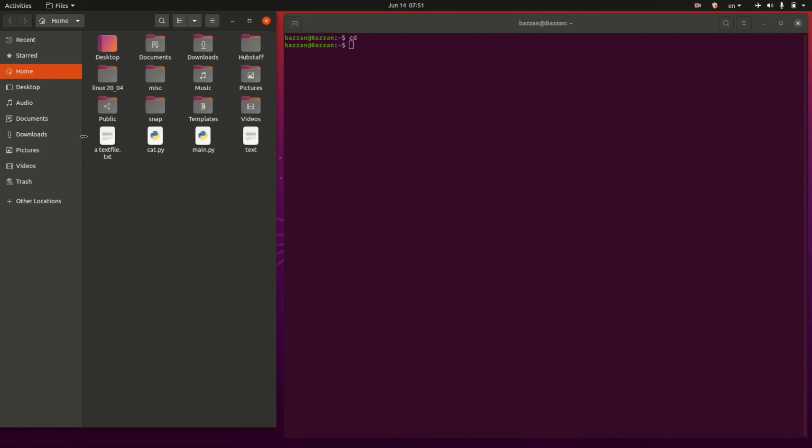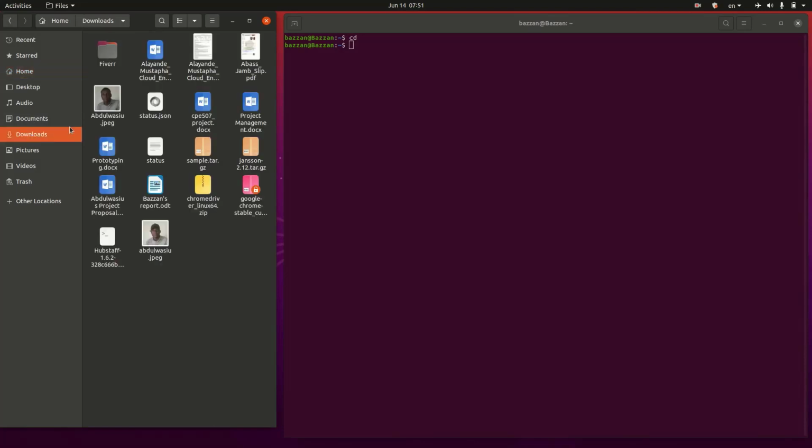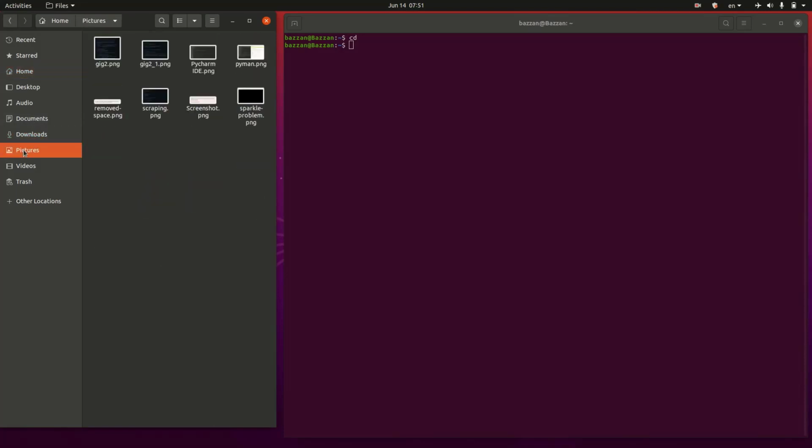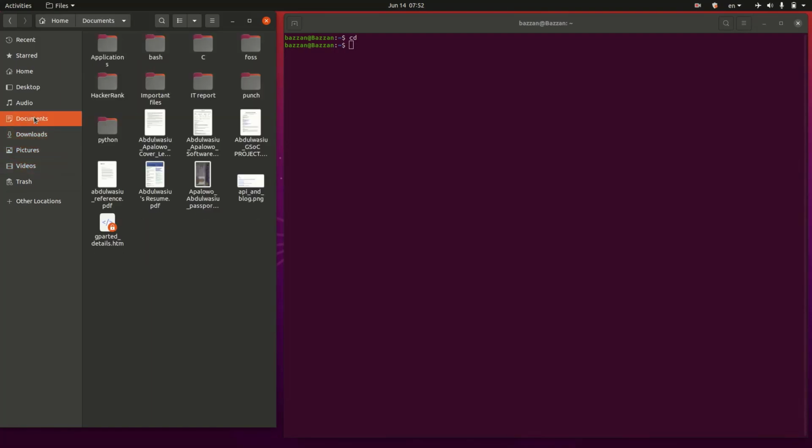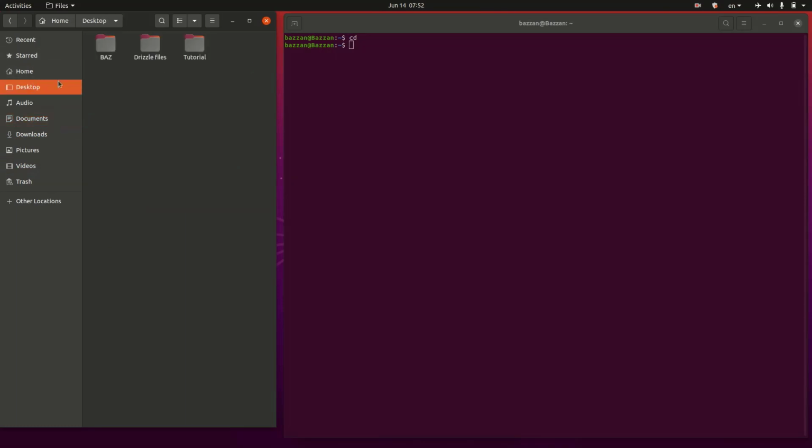This is my own file explorer. Let's say you want to go to a tutorial folder: you go to downloads, navigate through pictures, videos, desktop, tutorial. That's the way you navigate stuff on your PC, and that's not effective,